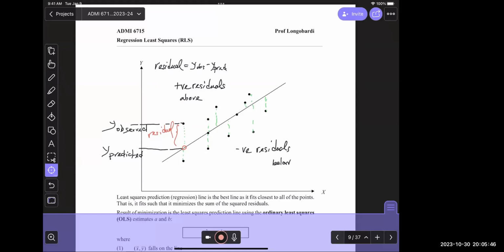So for this to be the correct line, you could imagine picking different lines and trying to find the best one, but the more efficient way to do this is to use calculus, calculate the residuals,